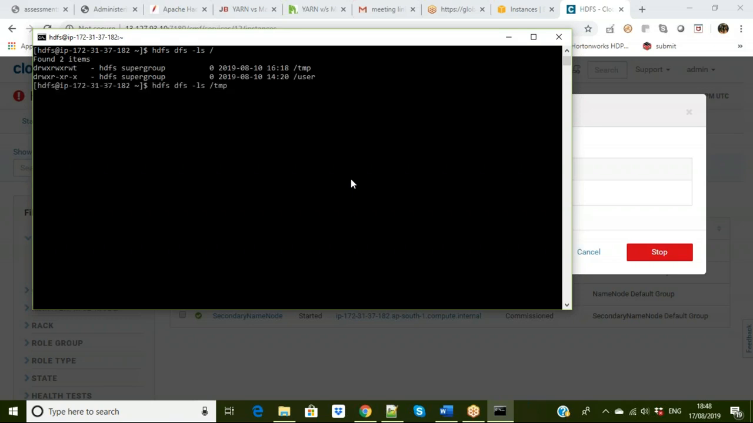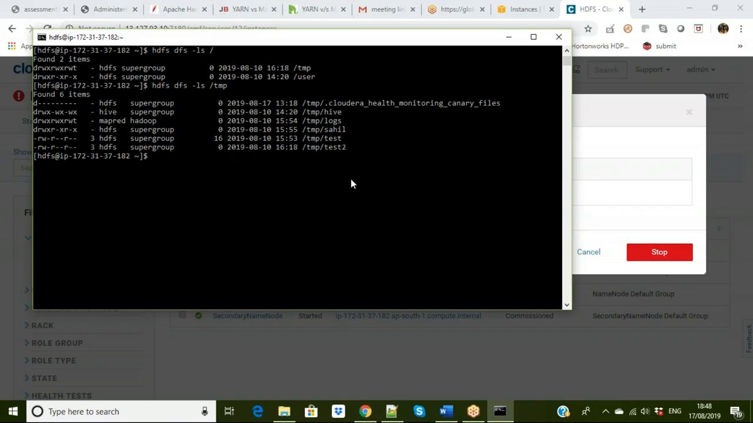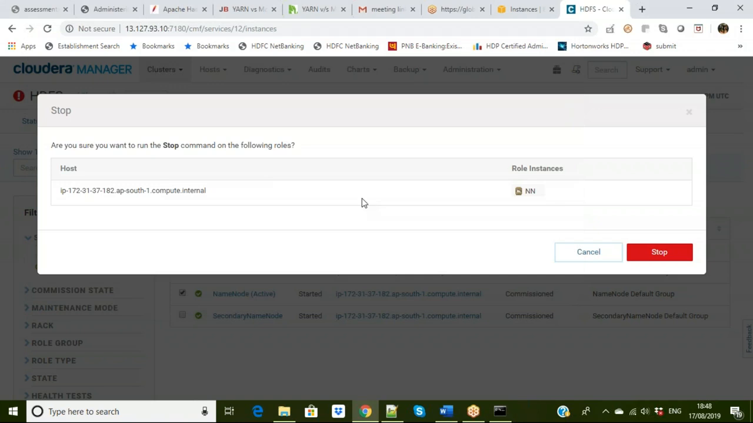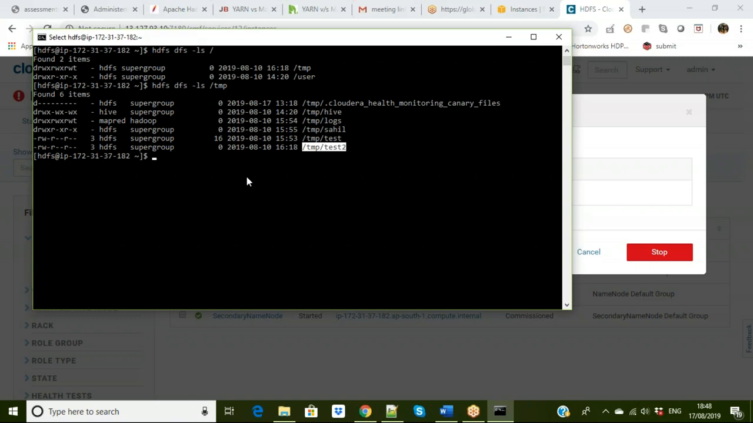Let's see what's there in temp. I can see there are certain files like test2, test1 available for us. Okay, so all this information is basically managed by the name node. Now, in a scenario when, for example, this particular host is undergoing maintenance, or this particular host needs some other